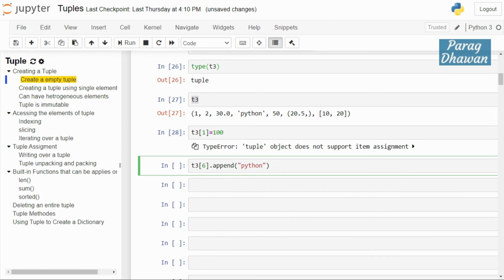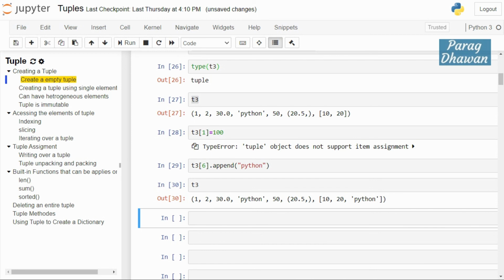Click on the cell, run the cell. Now the cell has executed successfully. If you check the value of t3, you get the mutated tuple as output. Why did it mutate? Because it contains a sub-element which can be mutated, and we mutated it. Therefore, it was possible for us to mutate the tuple.